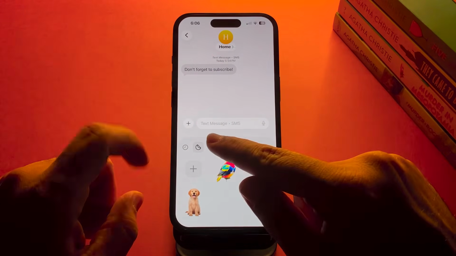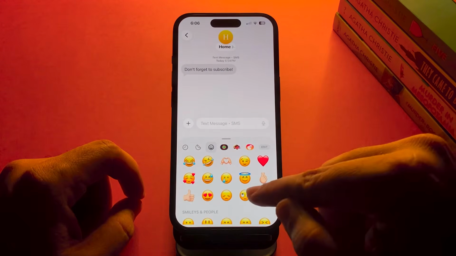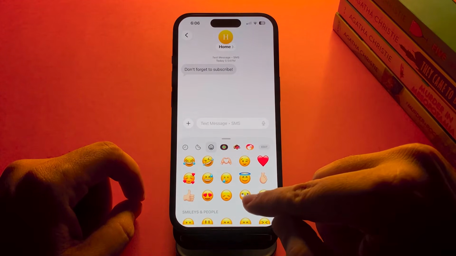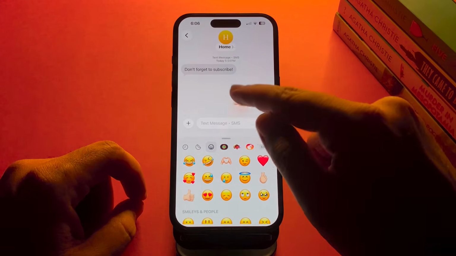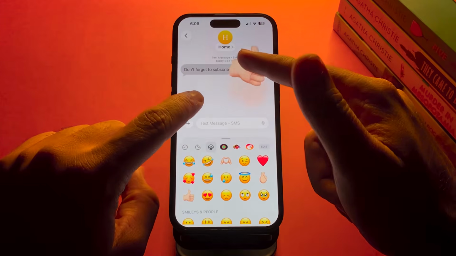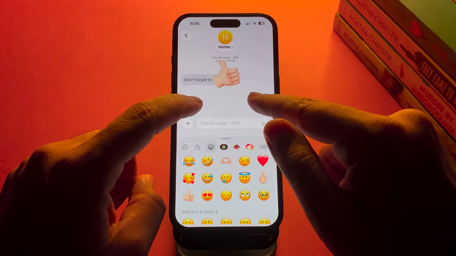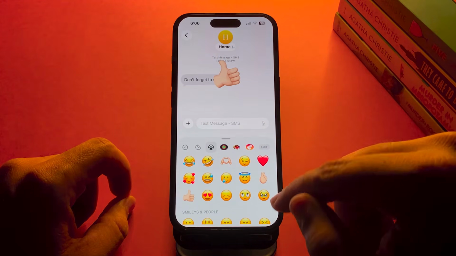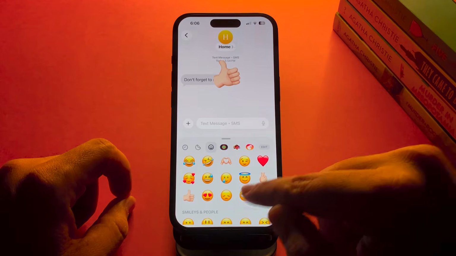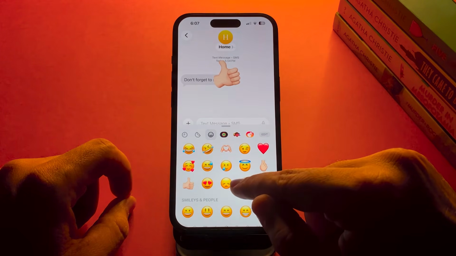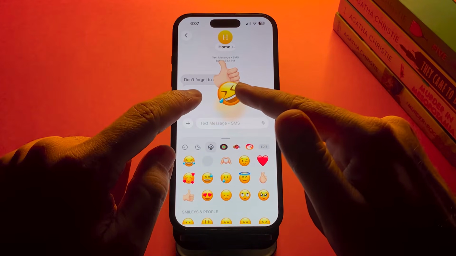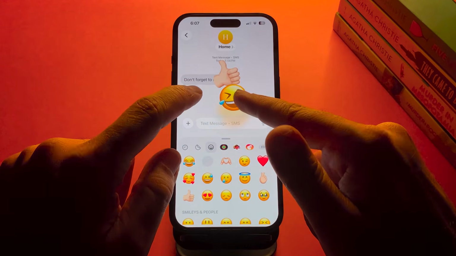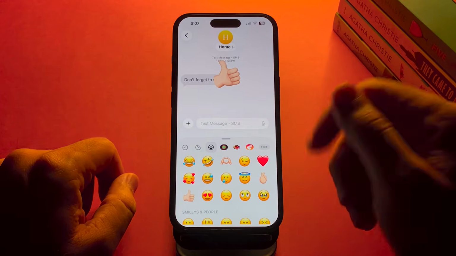Here is a fun little secret. You can use any emoji as a sticker. In the Stickers section of Messages, switch to the Emoji tab. From here, you can drag and drop any emoji onto a message or a photo, and even resize it or rotate it using your fingers. So if you've ever wanted to stick a laughing emoji or a thumbs up directly on someone's message, now